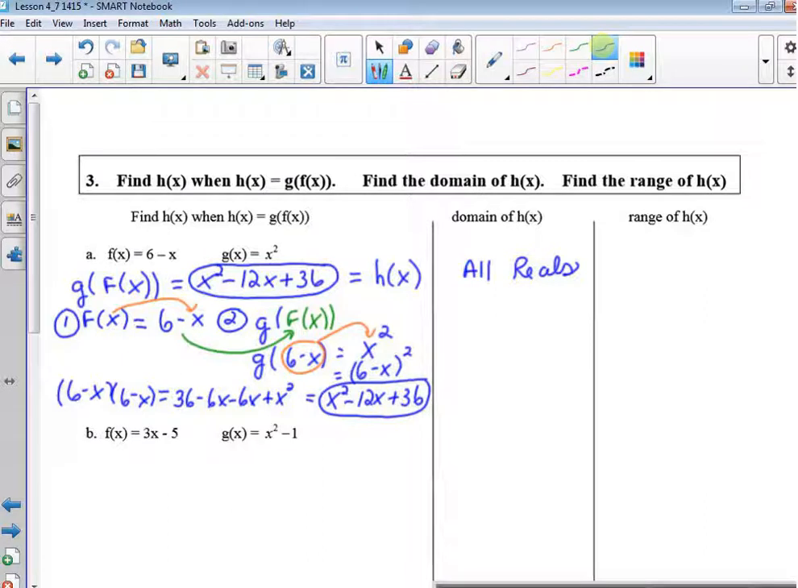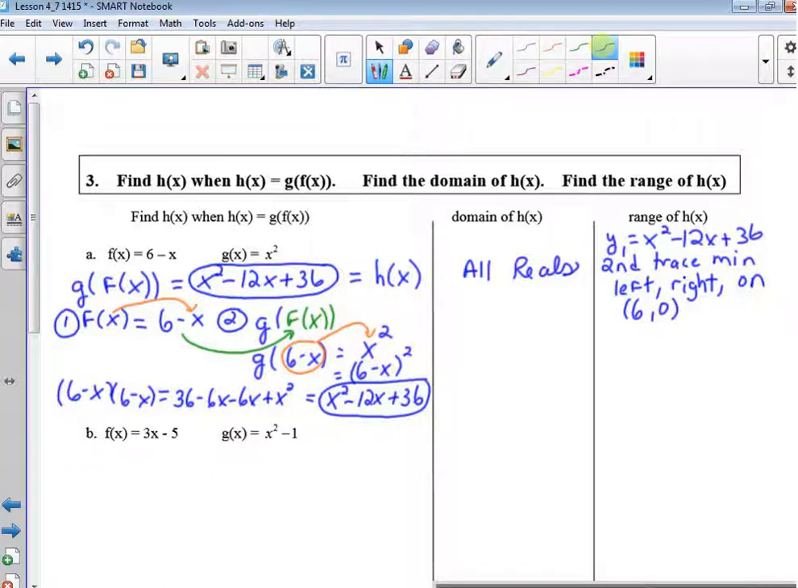And for the range, I went to my calculator and plugged in y1 equals x squared minus 12x plus 36, and I found the minimum. So remember, we do second trace, min, and then you go left, enter, using the cursor, go right of the minimum, hit enter, and then you go on the minimum and hit enter, and you should get (6, 0) for